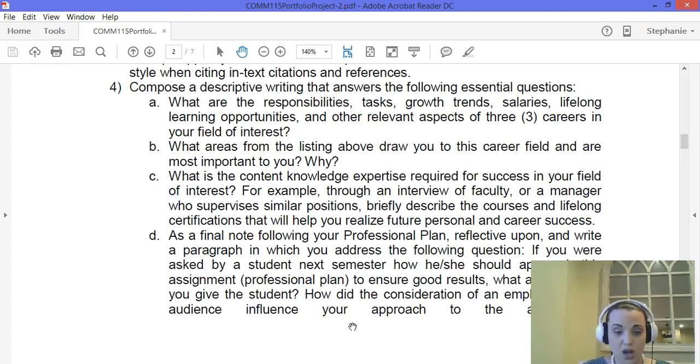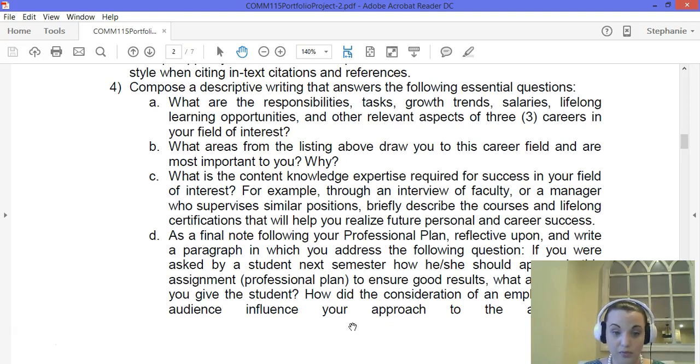You'd also want to talk about, in this little short paragraph at the end, how the consideration of an employer as the audience influenced how you approached the assignment. Well, how did it change the way you wrote the paper, basically? Because you're not talking to me in this paper. Remember, you're pretending that this paper is written for either a real or pretend employer that you're trying to discuss your